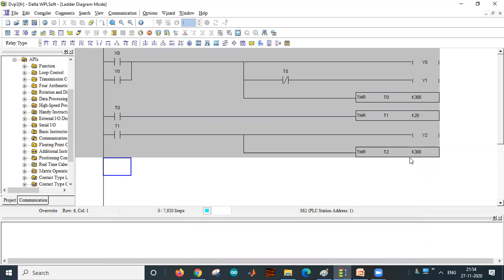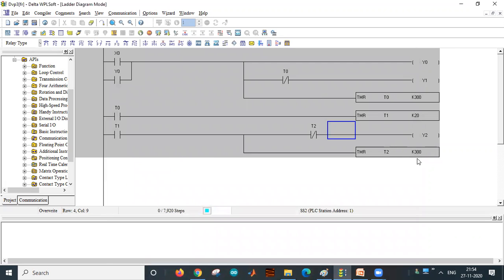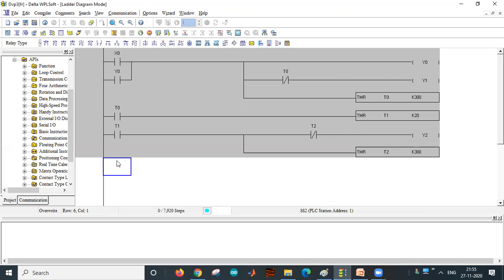reverse direction. Now after 30 seconds, this Y2 has to off and Y1 has to on. So for this to happen, here you have to keep a normally closed button with address T2. Whenever T2 reaches 30 seconds, this will open, so that Y2 will off. Whenever Y2 is off, this K2 will be disconnected from the supply, so this will open, right? To make it completely open,